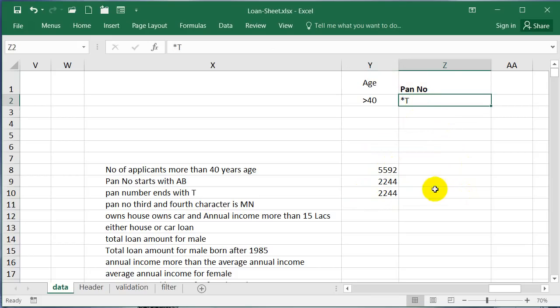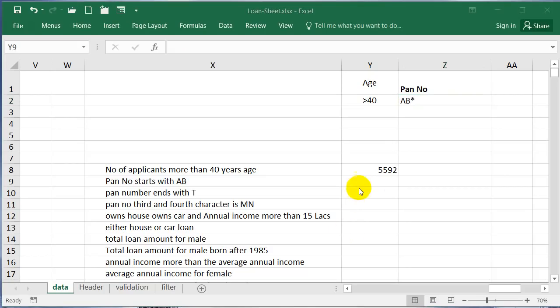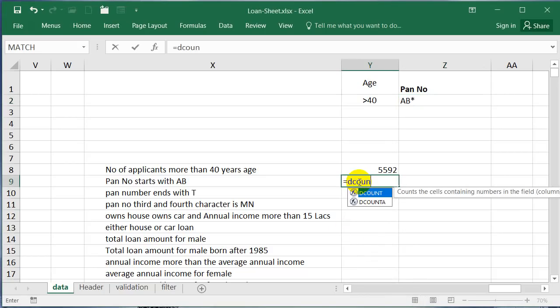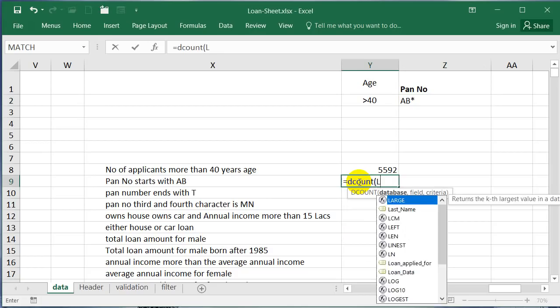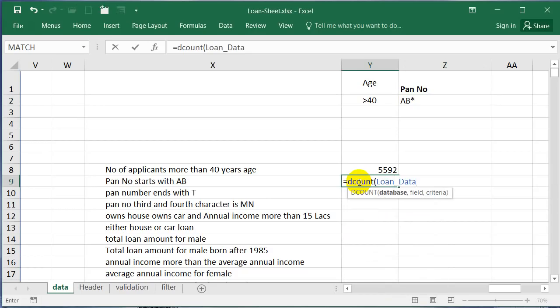Is it correct? So when we do this equal to DCOUNT, loan data, field, because we are counting, so we'll give a field which is having a numeric value. It could be anything. And then criteria, we give PAN and AB star.